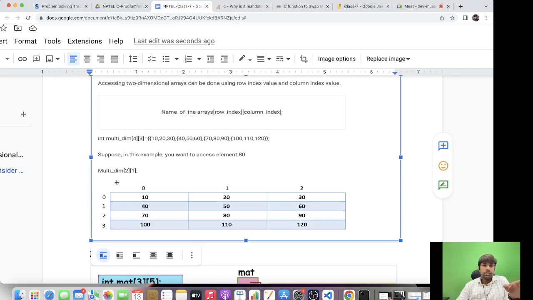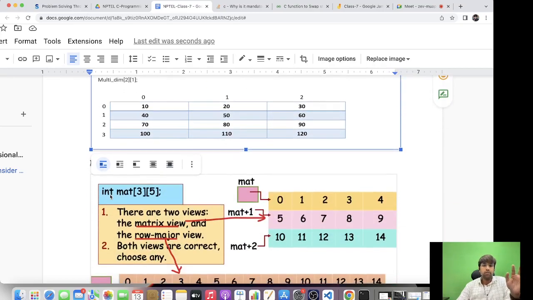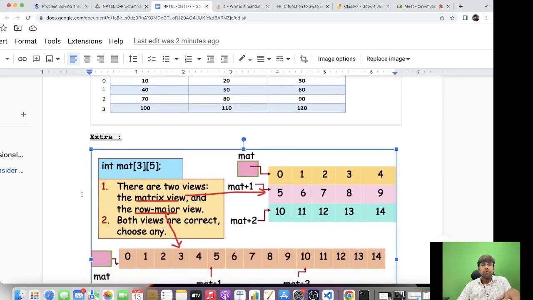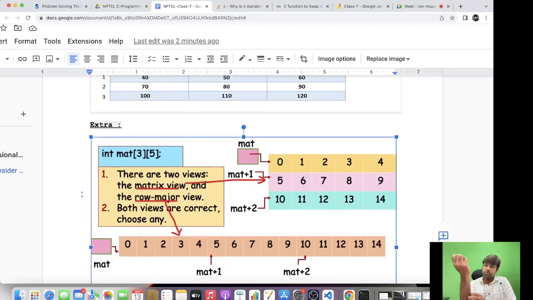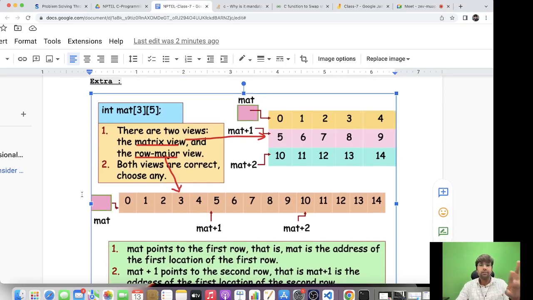You need to keep one thing in mind: all the indexes start from 0, either row values or column values. That is what you need to remember. And this is something extra, related to pointers. You might not understand it right away because the professor has not covered pointers in depth, but I am keeping it here for your reference. If anybody has in-depth knowledge of pointers, you can look into this one as well,